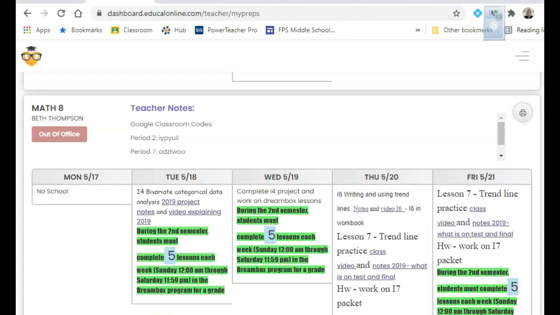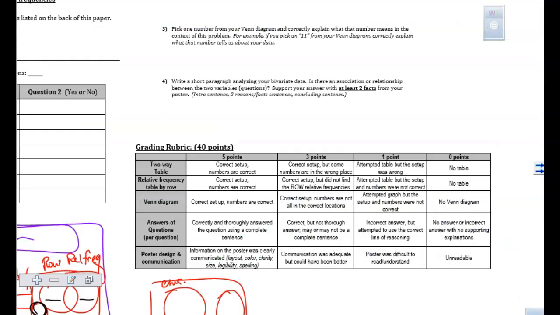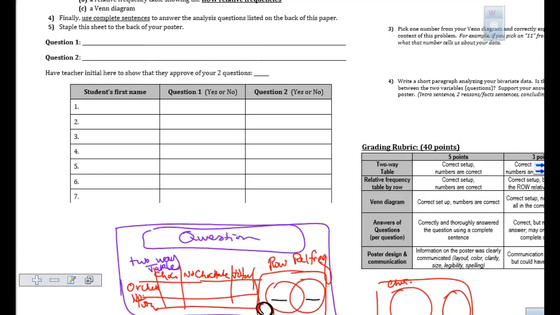Besides that, the rest of this today, you don't have an assignment unless you haven't finished 3 or 5A. So I'm going to let you get started. If you finish and tonight you want to work on DreamBox, awesome. I would at least try and get through making the relative frequency, maybe the row, and do it all like on the back page of your workbook, where you kind of have a white piece of paper, or do it on another sheet of paper. Just kind of write down and do it all here after you've answered your question. Questions as you look at what you're starting today on here. All right, so the key thing is